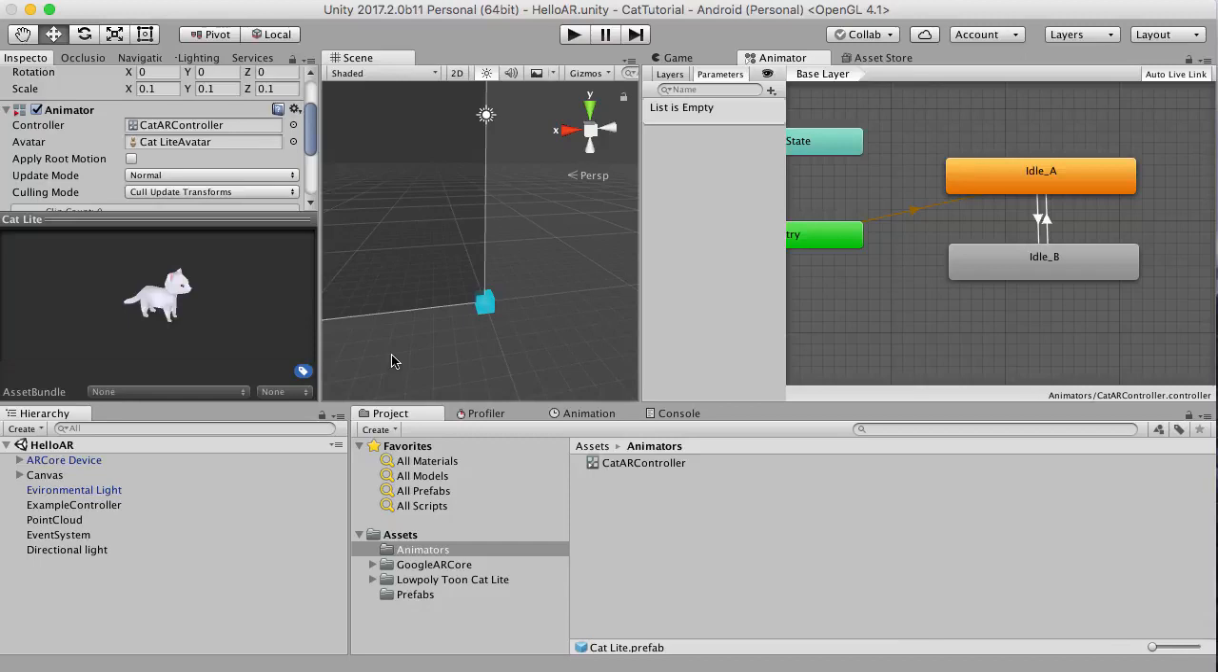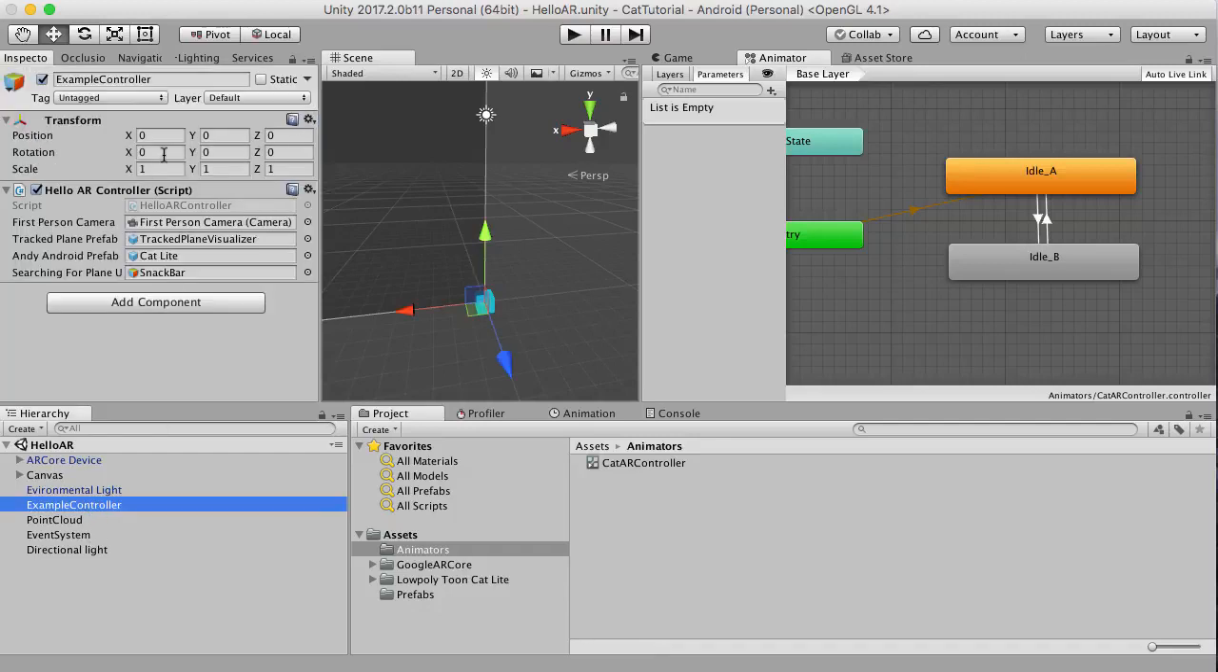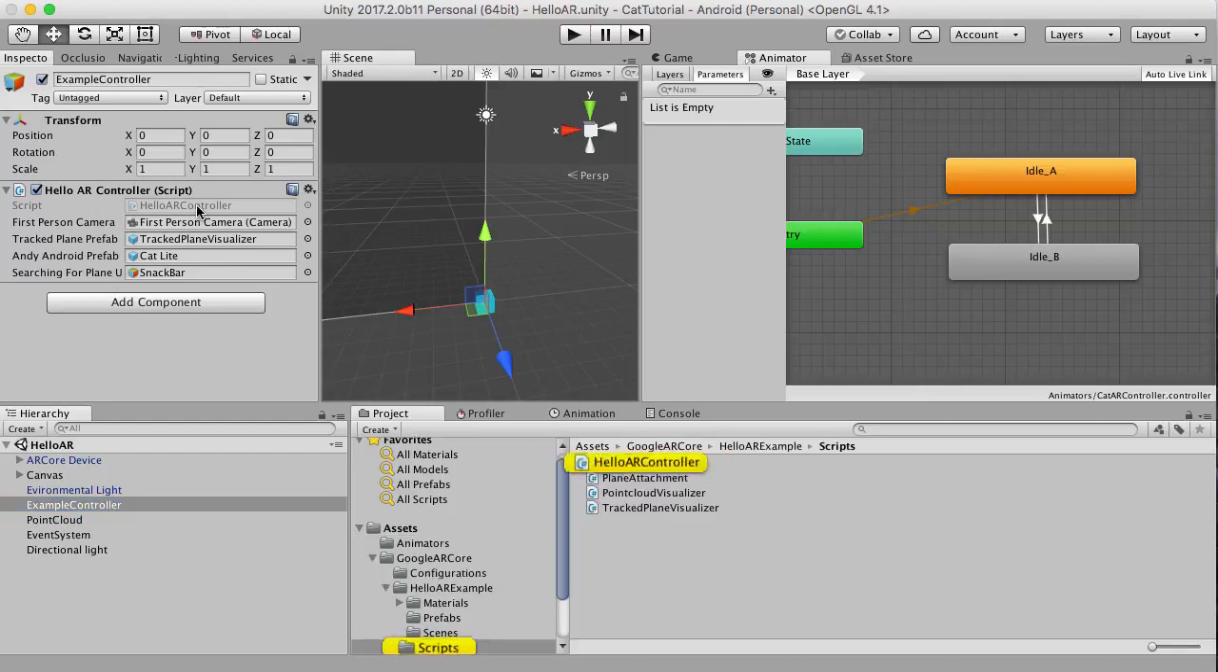What I'm going to do now is just change our existing example controller, hello AR controller code. At the moment, what we have is a situation where